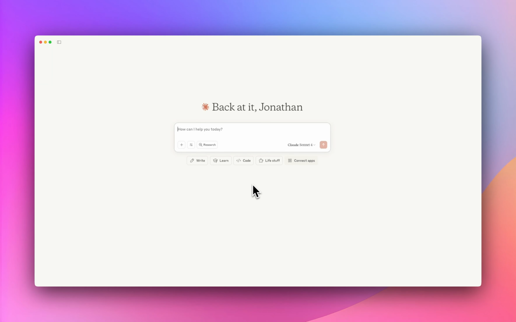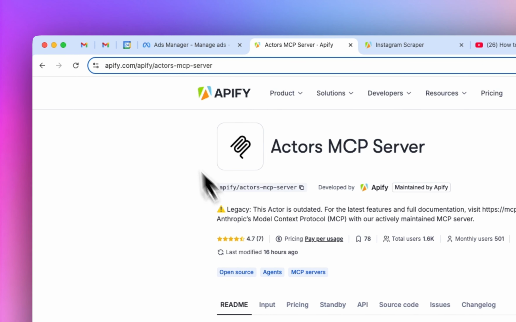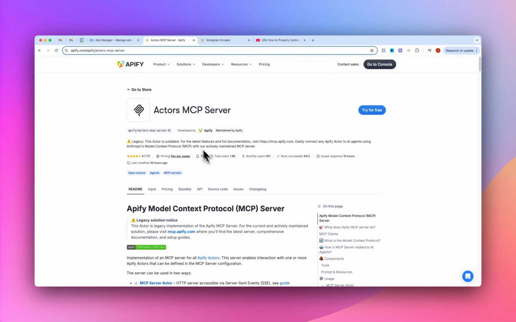Today I'm back with a little bit of a different video. I wanted to show you guys how you can basically turn Claude into a junior creative strategist now with Apify's new MCP that recently came out. So if you're not familiar with Apify's MCP, I'll link this right here. But you can basically now,